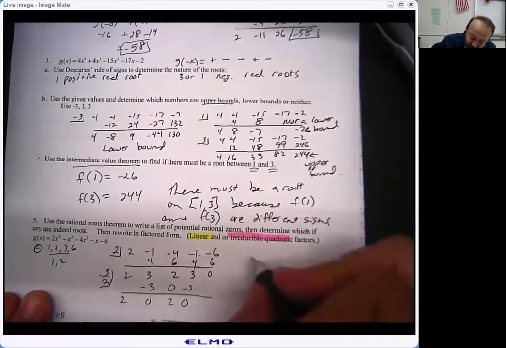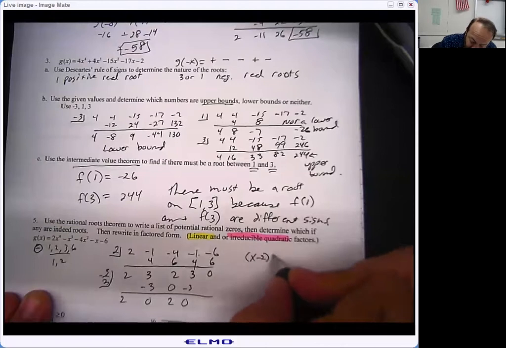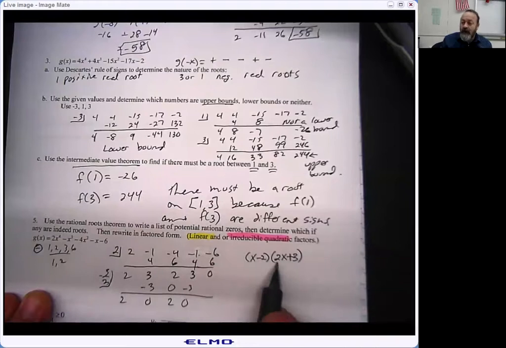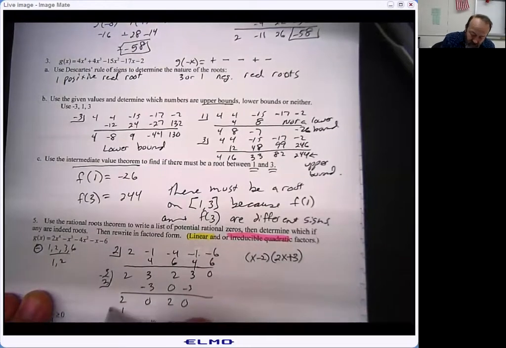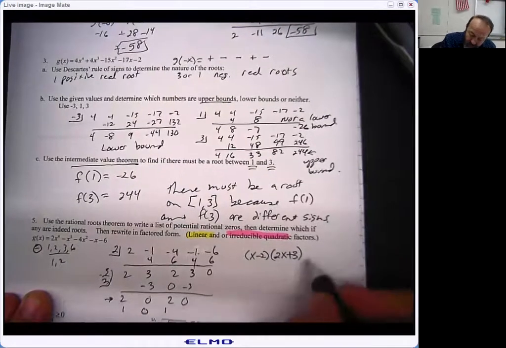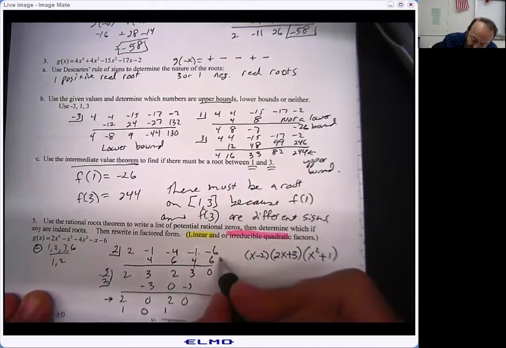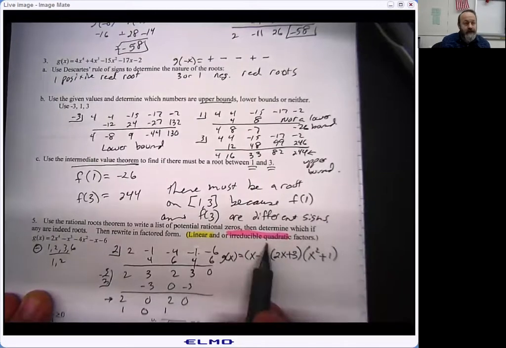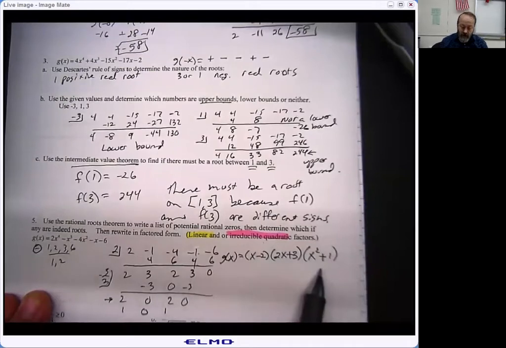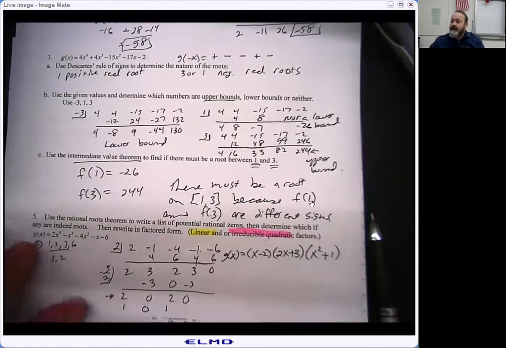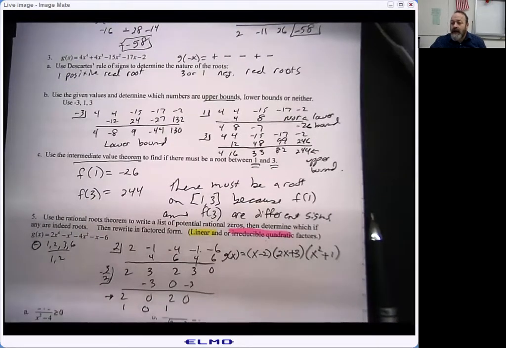And keep in mind that since we just found x minus 2 and 2x plus 3, don't forget we have to divide these coefficients by the number 2, so this really should be 1, 0, 1, meaning that's x squared plus 1, which is definitely what we would deem an irreducible quadratic factor because those 2 roots are going to be imaginary. And so that kind of finishes up our first 5 questions, and hopefully that made good sense, and